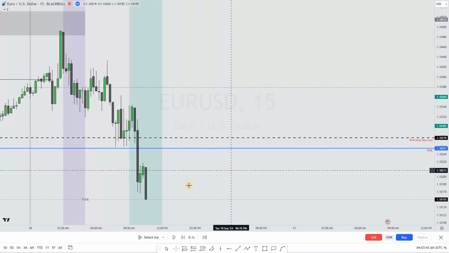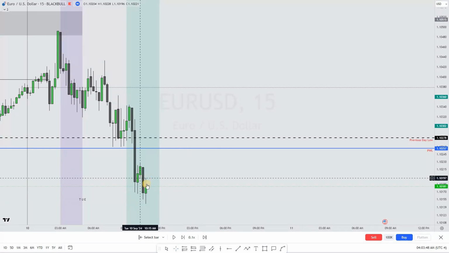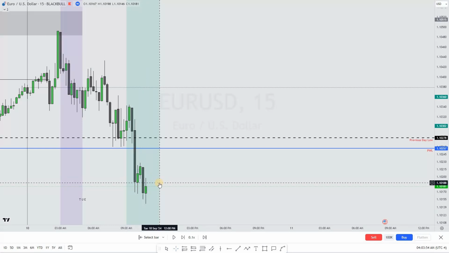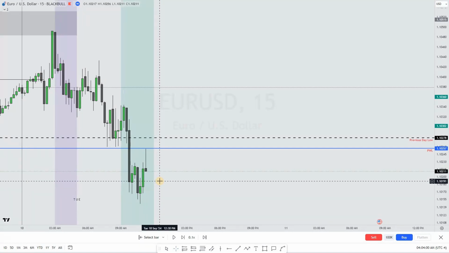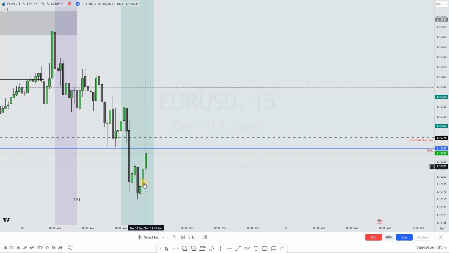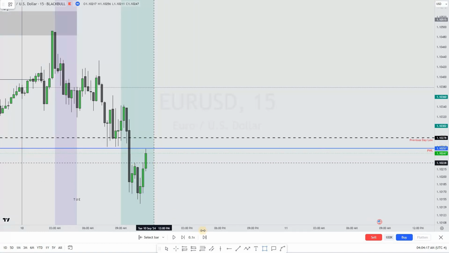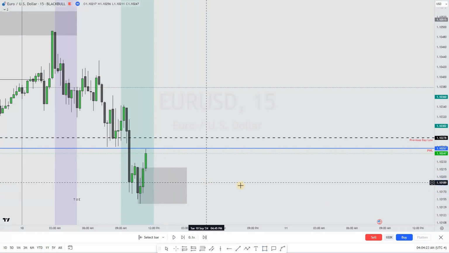So I waited. We had this move to the downside. Now I would have taken this trade if it made a fair value gap, but we didn't get the fair value gap. Instead, what do we get? We are getting this move, right? Taking the lows, market structure shift right there. Now, this was interesting to me because number one, we've taken this level of significance, this point of interest, and now we're showing signs of reversing. So for me, that was a very easy trade, and I took it.